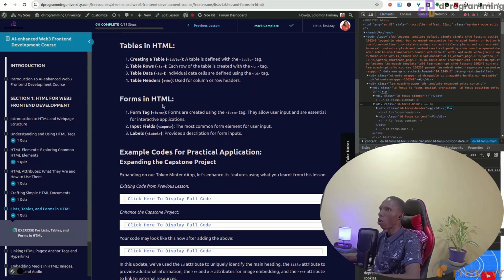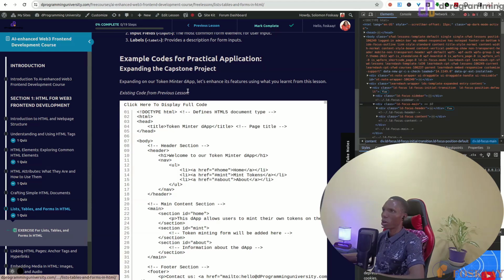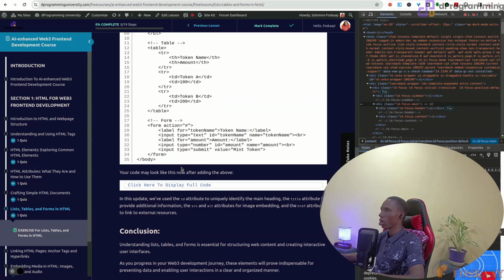Then you have the form, which is where people can send information, like enter your email, enter this field and submit feedback or something, or make an inquiry or contact support. So you need an input field in such a case, which uses the word input. And then label provides a description for the form. So now we have this previous code as usual. Then the enhancement. Let's now do the practical,